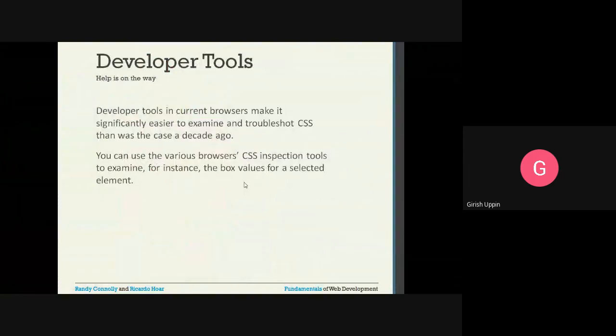There are developer tools in current browsers. They make it significantly easier to examine and troubleshoot the CSS than was the case a decade ago. You can use various browser CSS inspection tools to examine, for instance, the box values of a selected element. So using this particular option, developer tools, we can do a lot of inspection.